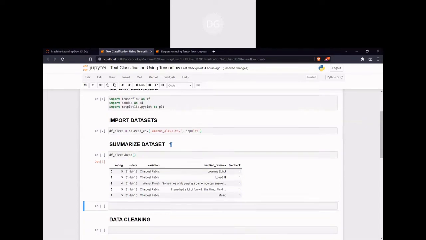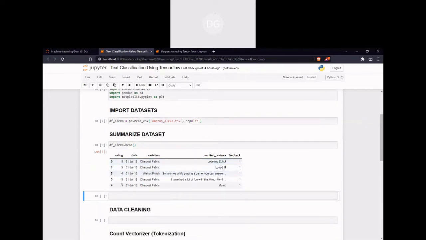If you see, they have given the rating, date, and variation, which is the different models, like walnut finish or charcoal fabric. A lot of variations will be there. For that, we have the review text. Here we will have feedback 1 and 0. 1 means it is a positive review, and 0 means it is a negative review.